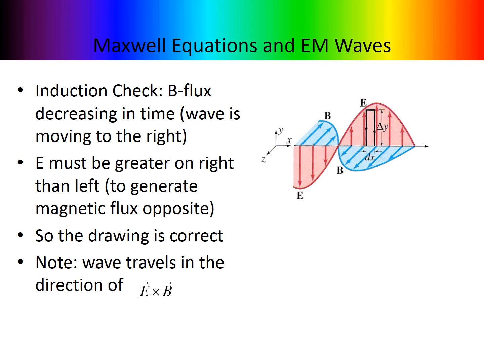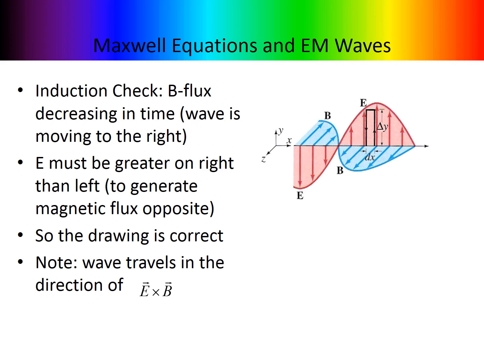Okay, so now this picture that we're showing here is our assumed electric field direction and magnetic field direction. So the first thing we need to find out is, did we draw this correctly? Because the electric field is pointing straight up on the right-hand side of this wave, and if that's pointing up, then would the magnetic field be pointing into the page or out of the page? So that's what we're asking. And the answer is that because the wave is moving to the right,